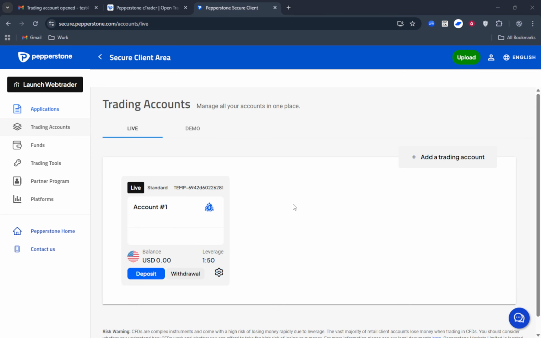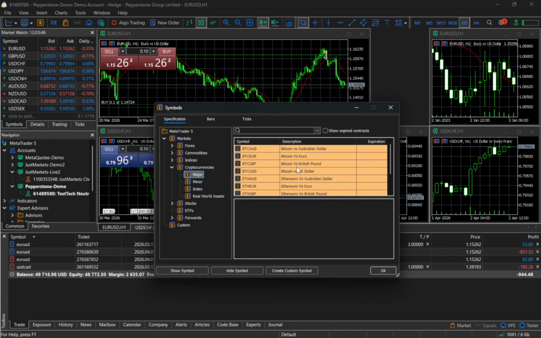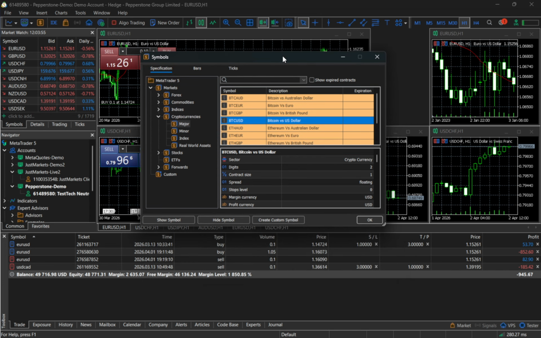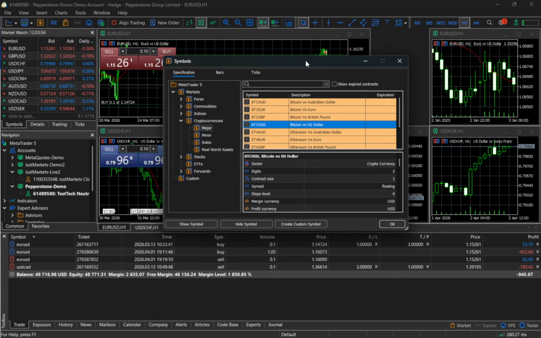The first is through crypto CFDs, which are the most common. With CFDs, you're not buying actual coins. Instead, you're trading the price movement of assets like Bitcoin or Ethereum. You can go long if you think price will rise, or go short if you expect it to fall. There's no wallet required because you don't hold the coins themselves. CFDs often use leverage, which can amplify both gains and losses, so it's higher risk and deserves careful sizing and